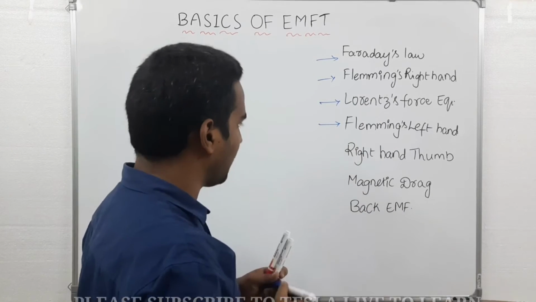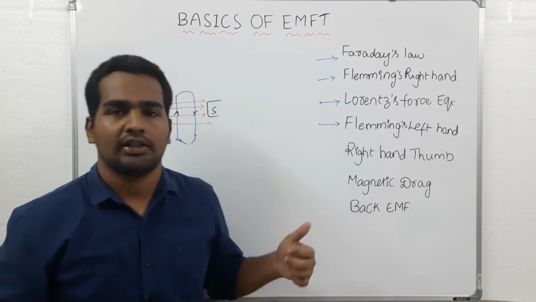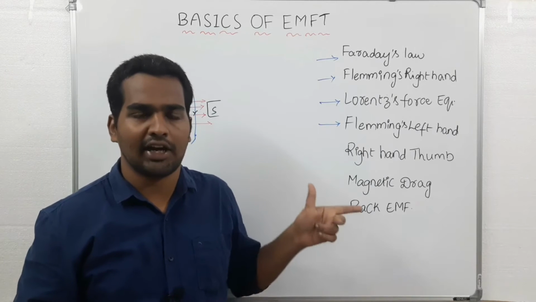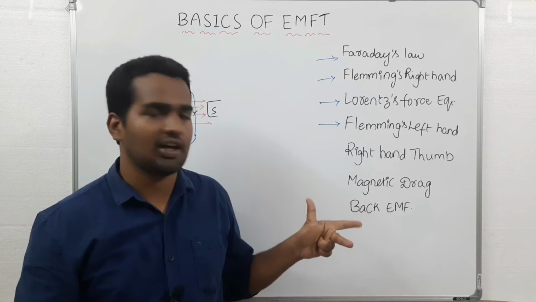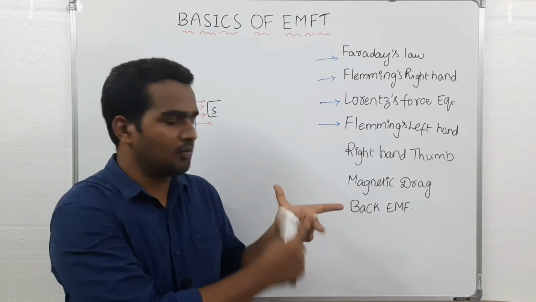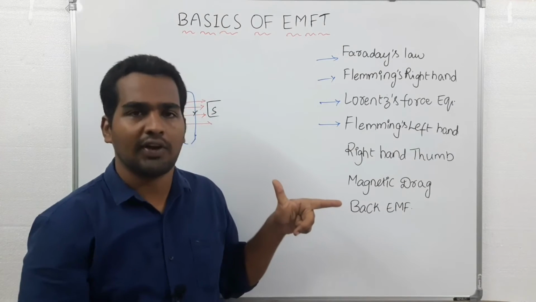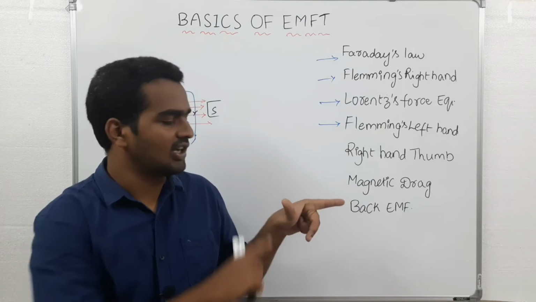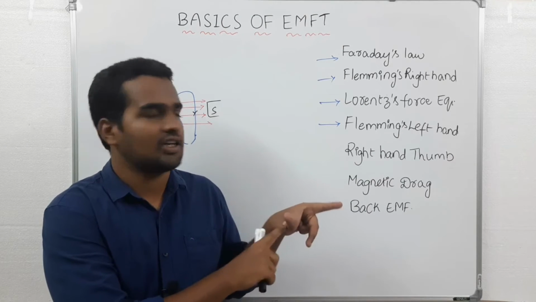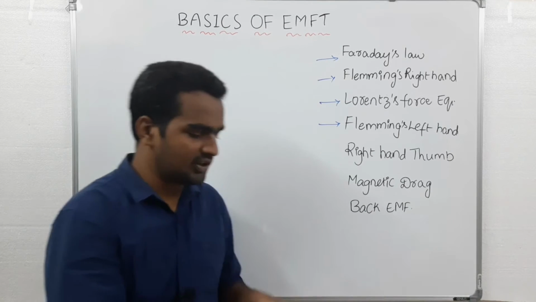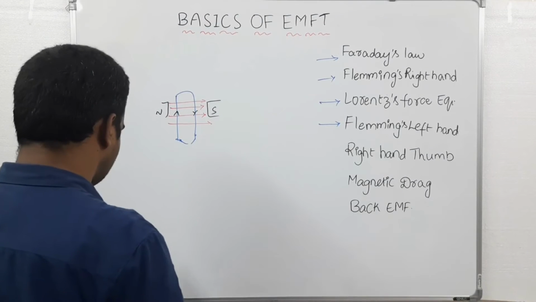Similar to Fleming's right hand rule, stretch your thumb, forefinger and middle finger of your left hand. Then the middle finger indicates direction of current, forefinger indicates direction of flux, and thumb indicates direction of force experienced. So this is a DC generator.